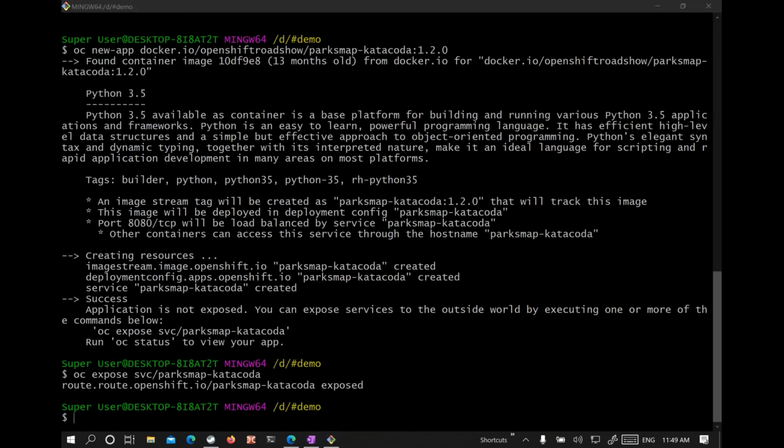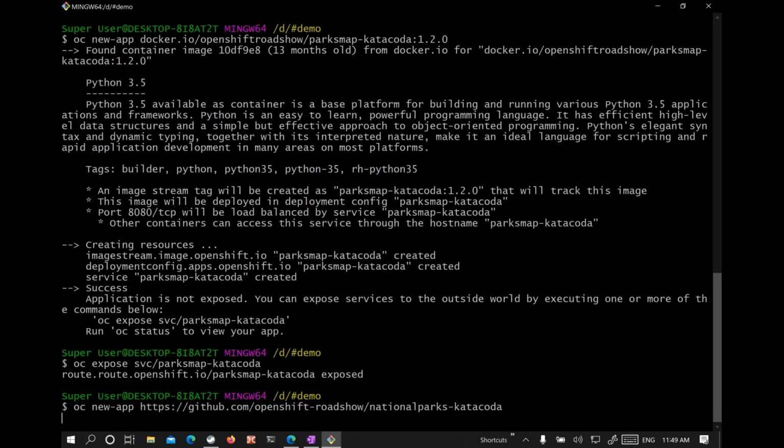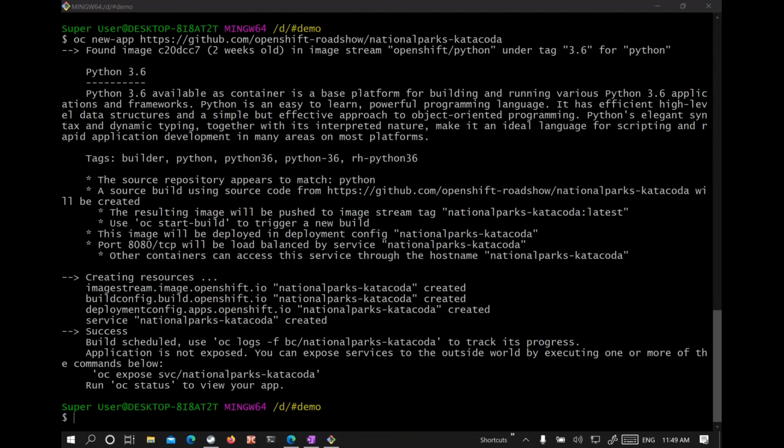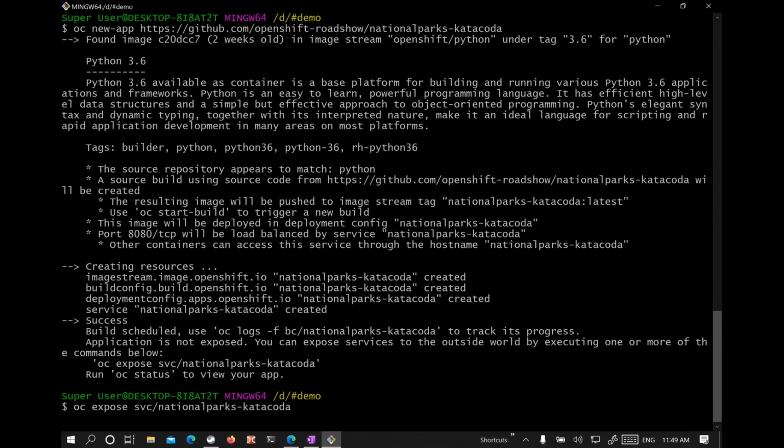Next, I'm going to deploy my second application that will make use of the GitHub-based hosted code. And if compilation or build is required, it will happen automatically. It will create the Docker image for us based on the source code. So we are not responsible for the Docker file in this particular scenario at all. So it can make things that easy for us. And next, I'm going to deploy or expose my service so that the points of interest should be accessible by